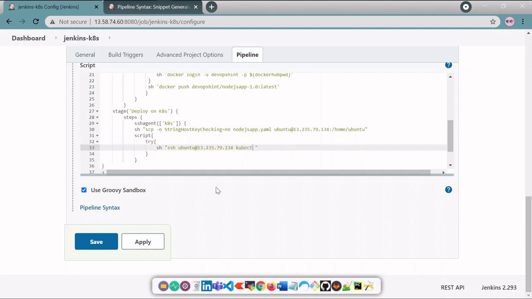The command is kubectl apply -f dot. Then I will declare a catch block.